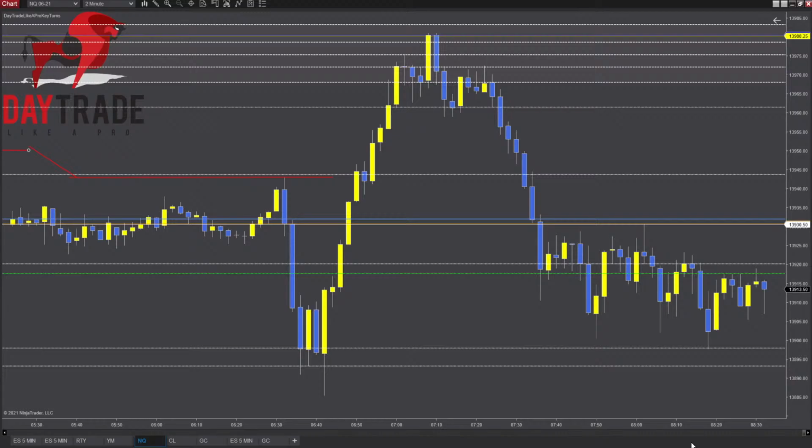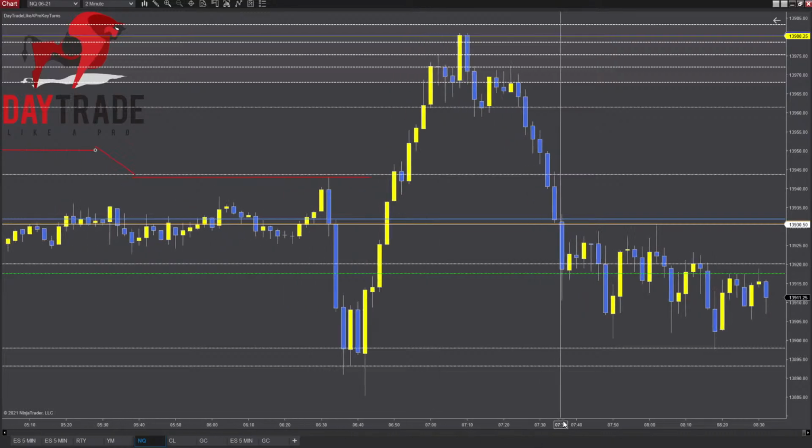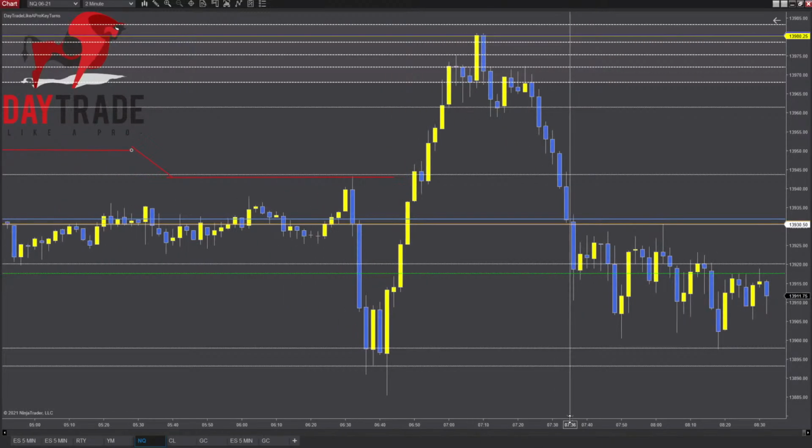Even if it does make a run one way or the other, how long is that really going to last coming into FOMC and everything that's going on with that, right? So context is just extremely important. And look how it ripped out of this area and it didn't come back and test here until over here. So if I know it can come back to here, and I'm buying here and here and here and here and here,